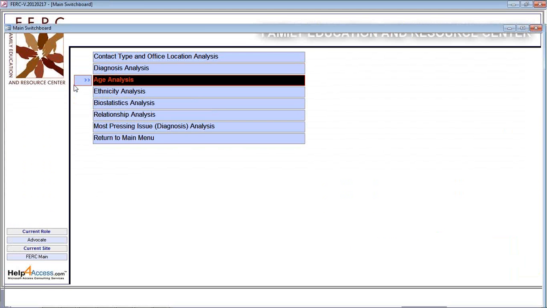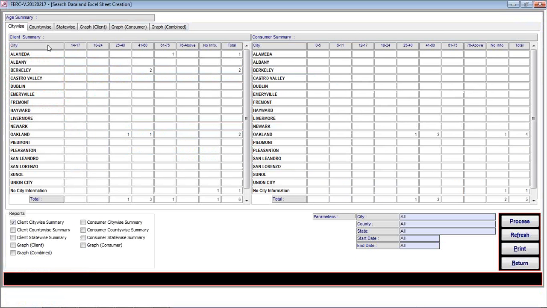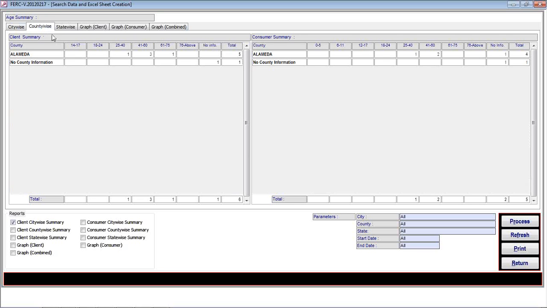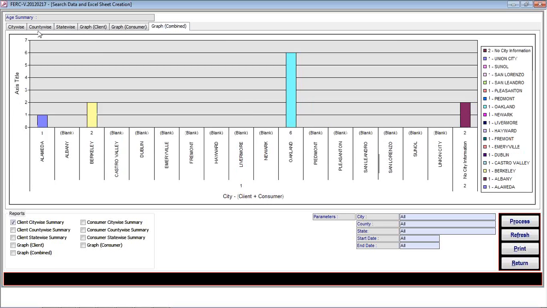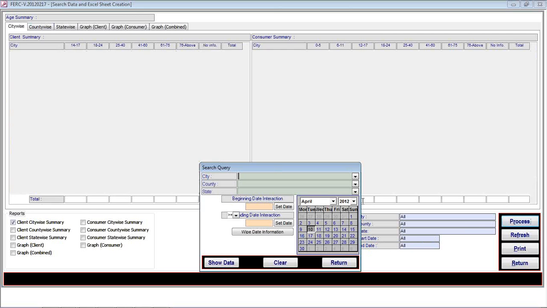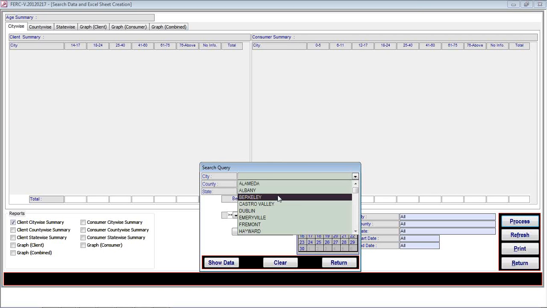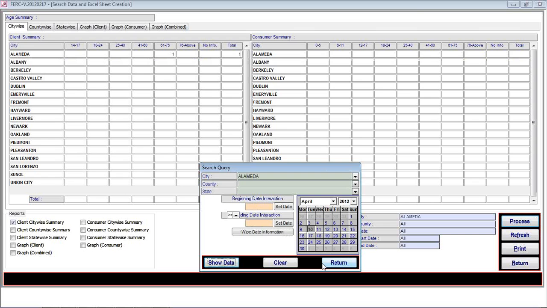Now coming to the age analysis. In the age analysis, it is showing the client summary and the consumer summary. The same way, it's showing county-wise, state-wise, graph client, graph consumer, graph combined. Again, it's showing city all, county all, state all, start date all, end date all. Now, if I want to process the information for any specific one, I say Alameda. Now it will show the information about Alameda only. So it is showing one client but no